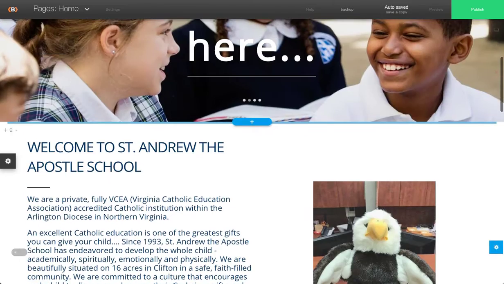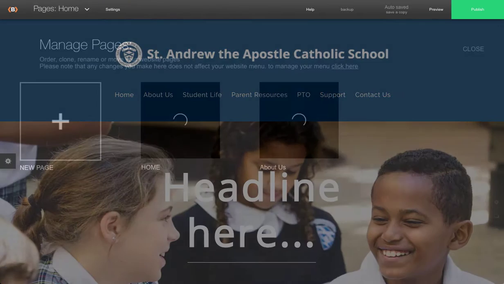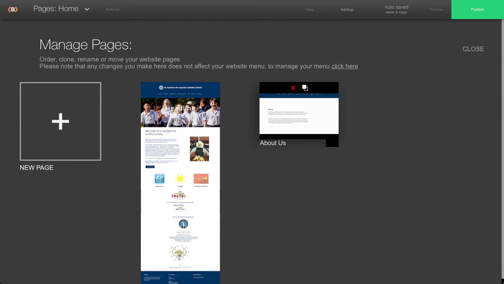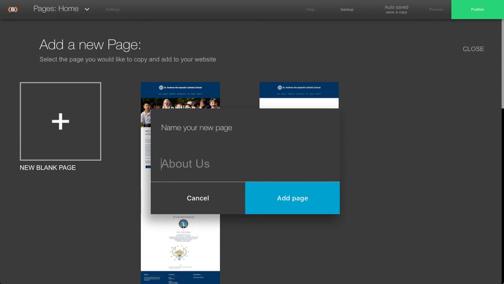So I'm just going to quickly show you how to manage pages. You would hover over the home area and then go to manage pages, and you'll see that I've created an inner page. So if you wanted to create another page, and you didn't want to start completely from scratch, you would click new page, select the About Us page as a template,